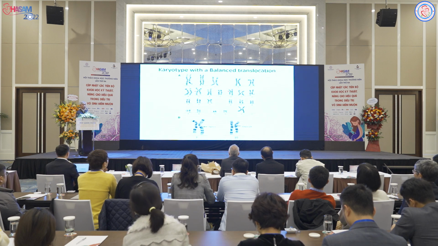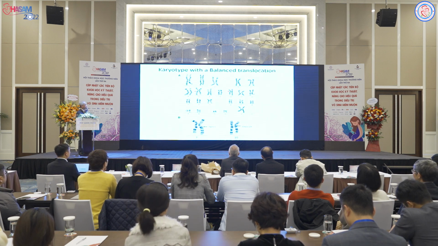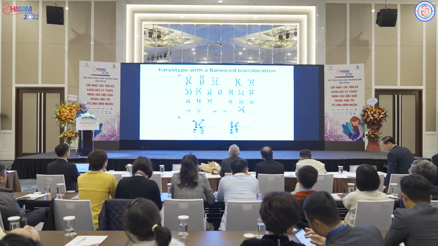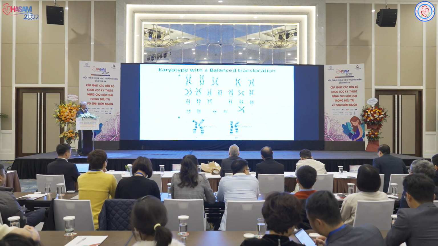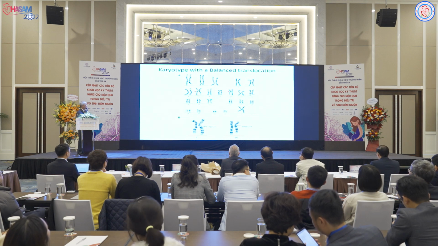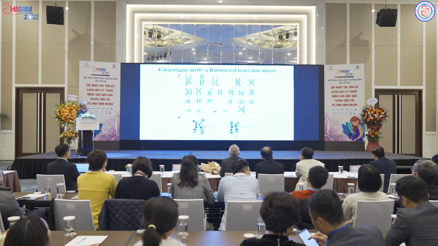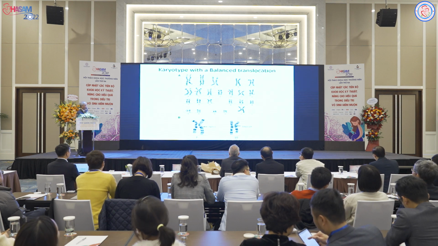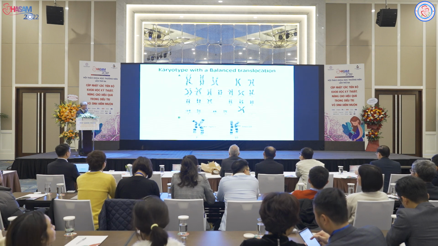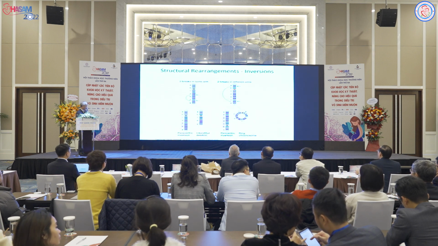To the untrained eye, they look very, very similar, but to an experienced cytogeneticist, you can tell that this part actually belongs to chromosome 10, whereas this part of the chromosome belongs to chromosome 7, and there's a swapping of chromosomal segments of the Q arm of 7 and 10. Now,